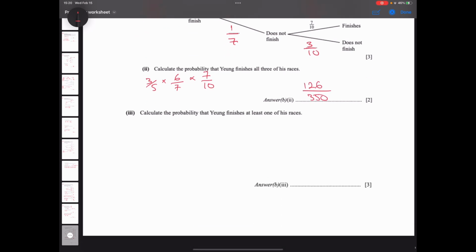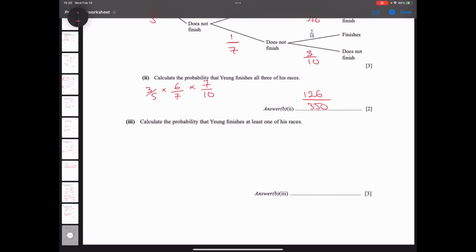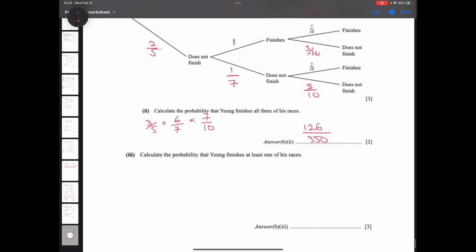Calculate the probability that Young finishes at least one of his races. At least one of his races. I'm going to go with not finish, not finish, not finish, then 1 minus the answer. So 2/5 times 1/7 times 3/10. That is going to give me 6/350. And 1 minus 6/350 is going to be